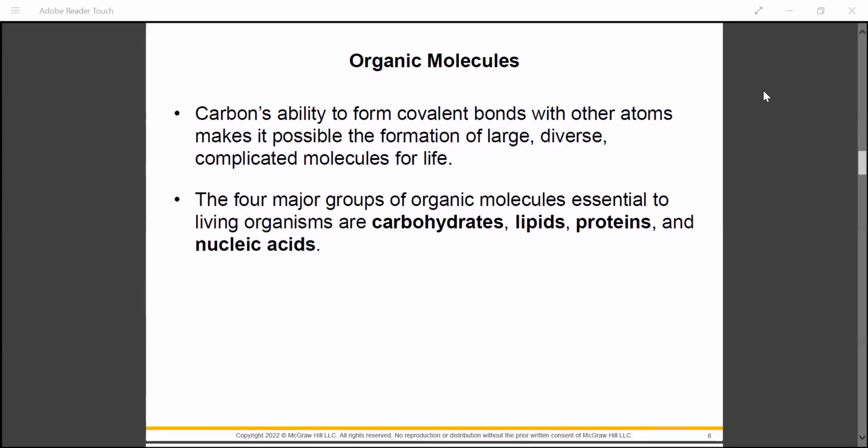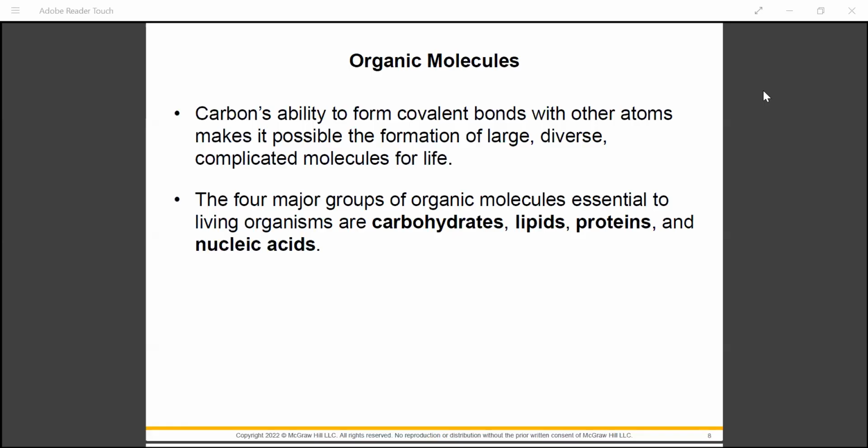Okay, now we're moving on to organic molecules. So carbon's ability to form these covalent bonds with other atoms makes it one of the largest building blocks for many different, diverse, very large, complicated molecules that are essential for life. I know we're zoomed in now, looking at it on a very small scale. These molecules, even though they're large and diverse, are not large as if we were looking at them,